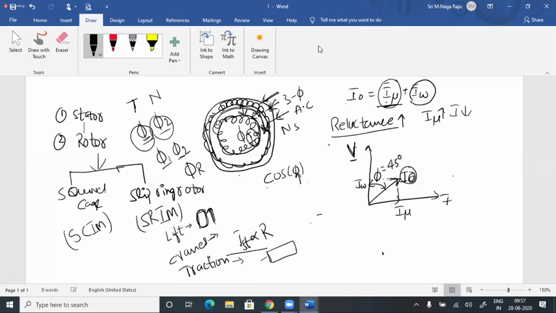Now if the air gap is more, or due to any other reasons, the induction machine will draw more magnetizing current from the source. Then what happens? The working component of current is the same. The magnitude of I mu is increased. Now what is the resultant? This is the resultant input current. Now this phi, is it increased or decreased? Increases. Yes. Phi will increase, which means cos phi will decrease.